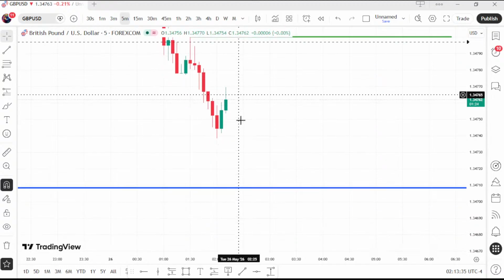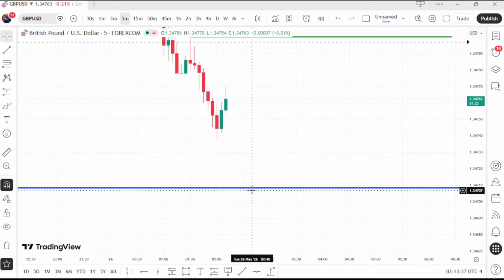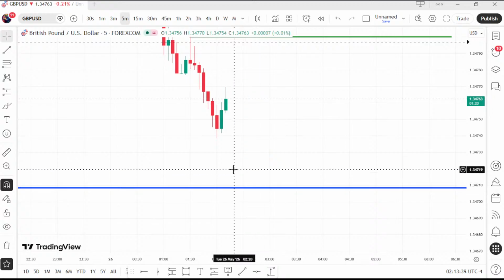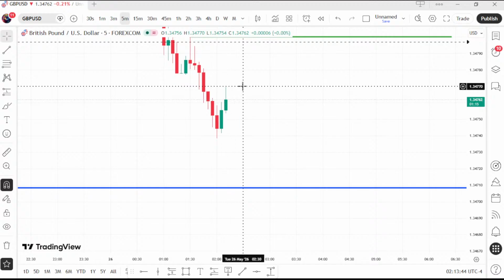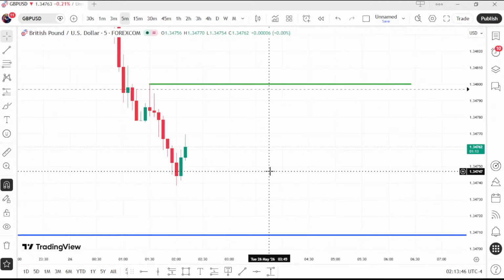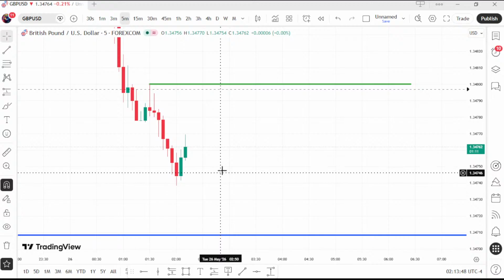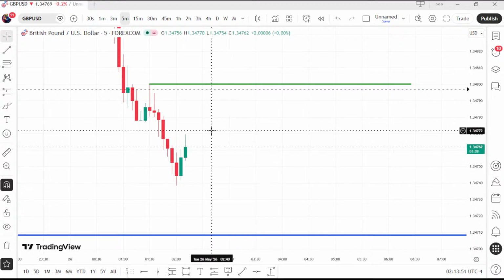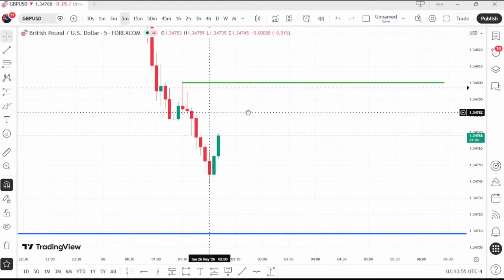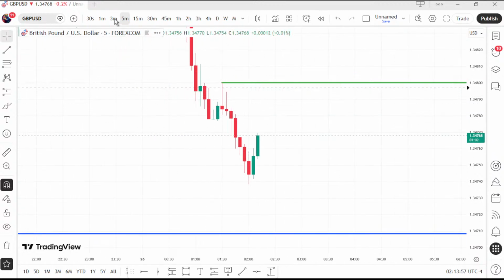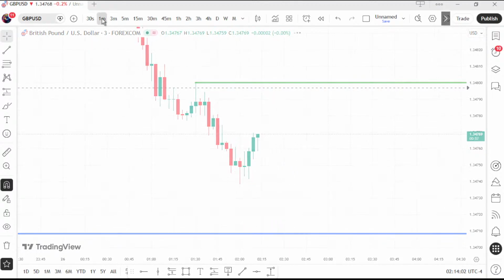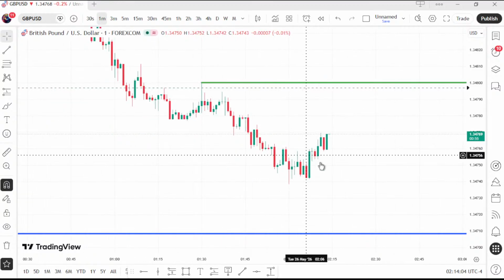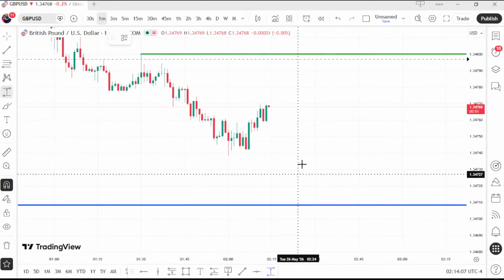anytime a swing high is created, or even price goes to this sell side liquidity, which I'm not expecting price to do, but if price sweeps this, or if a swing high is created, I'll always mark that swing high, and if price does a market structure shift to the 1 minute, if price does a market structure shift to this 5-minute, now I'll drop down to the 3, look for a fair value gap. If there is no fair value gap, I'll drop down by 2, and I'm going to mark the,